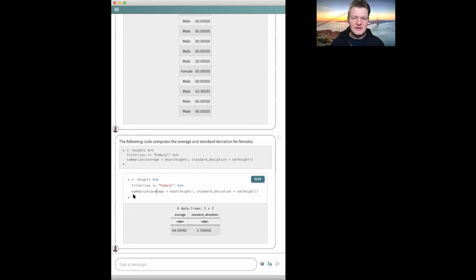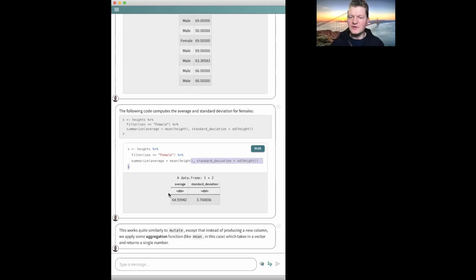The summarize function works very similarly to the mutate function, except that it's going to be collapsing these columns instead of just returning new columns. So we put the height column into the mean function, and we store that as a value called average. And so we'll see just a single entry here instead of a whole column. Same idea with standard deviation. We plug the height value in, and the summarize function knows that what it should expect to get out here is a single number, and it'll just return that single number as the only row in this